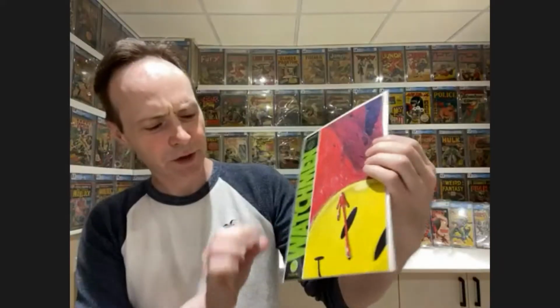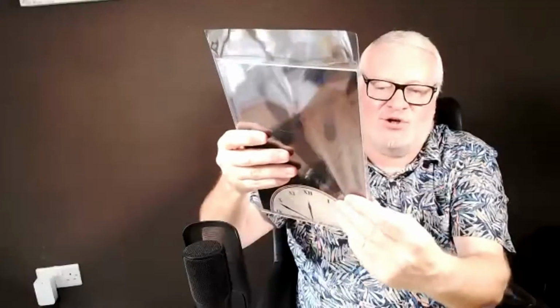So this is my copy of The Watchmen. Mine's actually a pretty high grade, but it has like a little ding in the corner. Yeah, it just drives me crazy. I've got 2 copies of this. This one is the lower grade of the 2. The spine's not great on this. Yeah, but this book is actually one I kind of recommend, not just as a spec, but